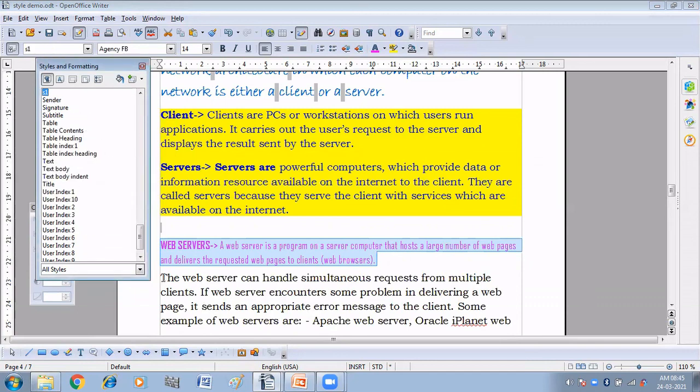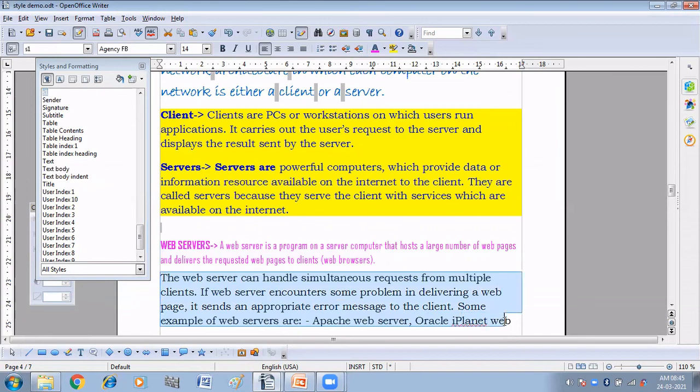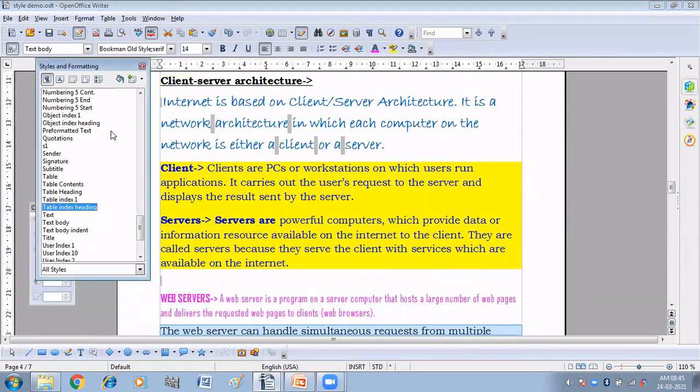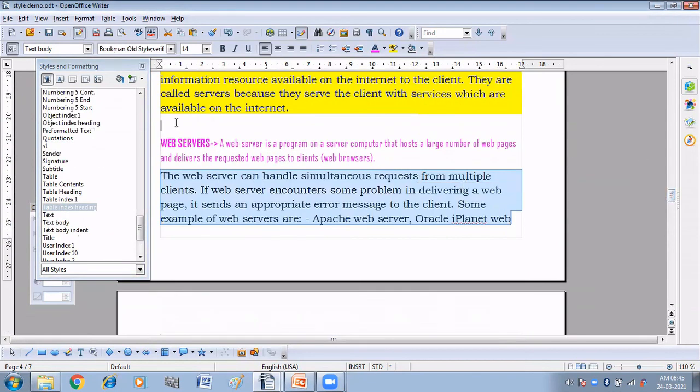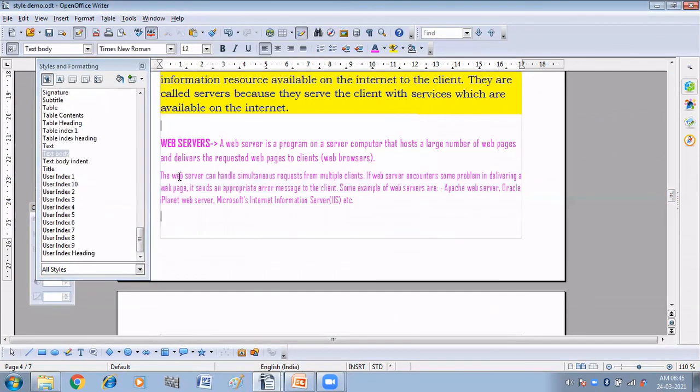Now I'm again going to select the text and apply S1 to it. Now you can see the style has been changed. So we did two methods of how we can create our own style and how we can apply these styles.